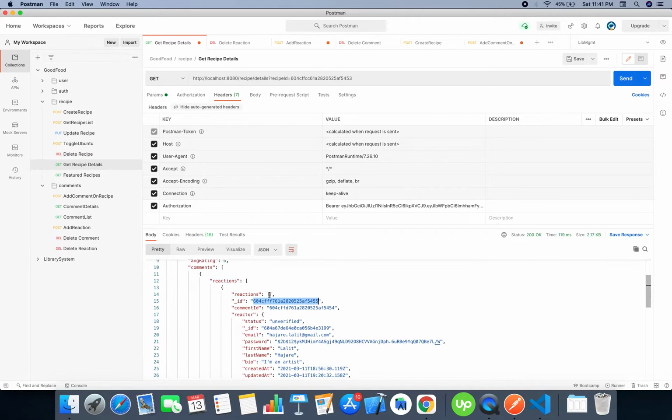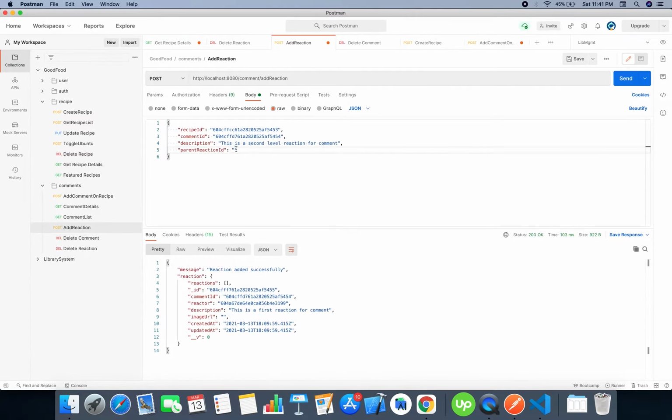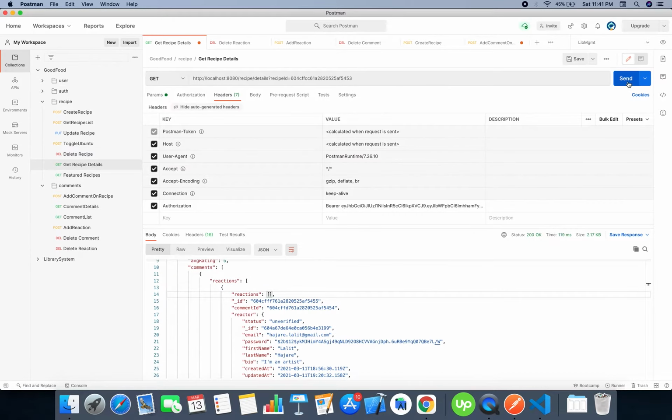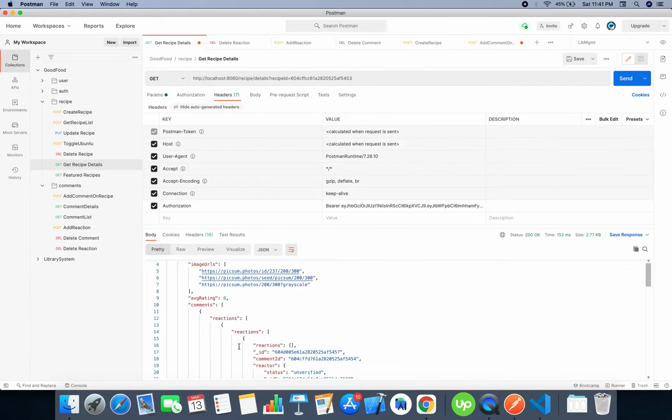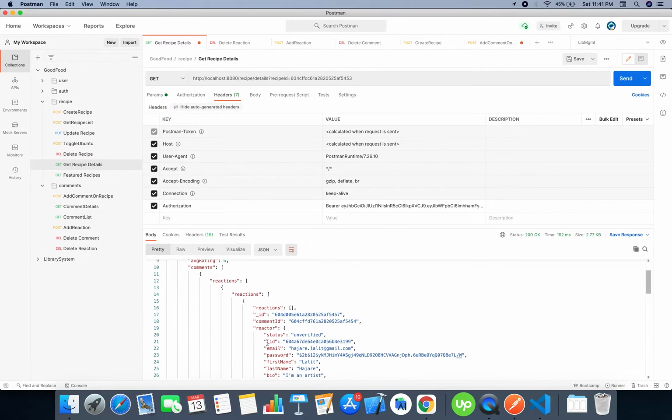We are going to have its reaction over here, so this array will be populated if this reaction API is successful. So let's test it. Okay, the reaction is added. Let's fetch the API data. Okay, so the array has been added over here. Previously this array was empty. Now we have added a reaction.